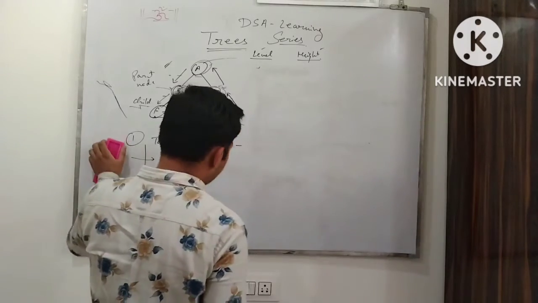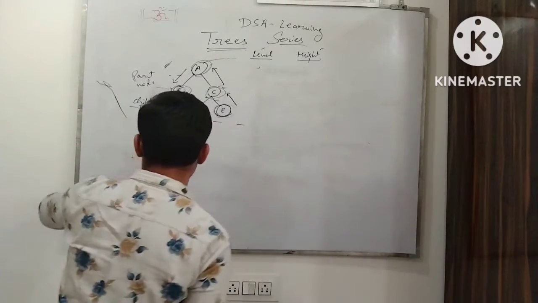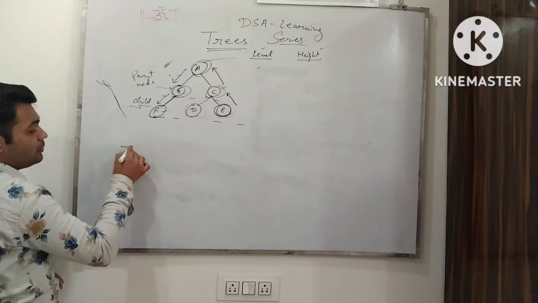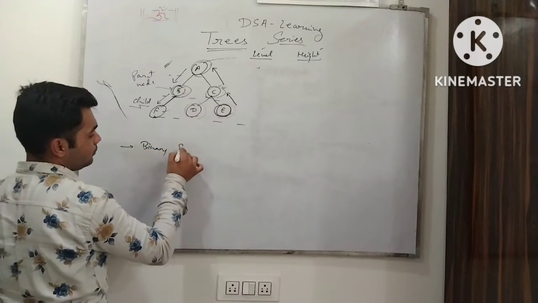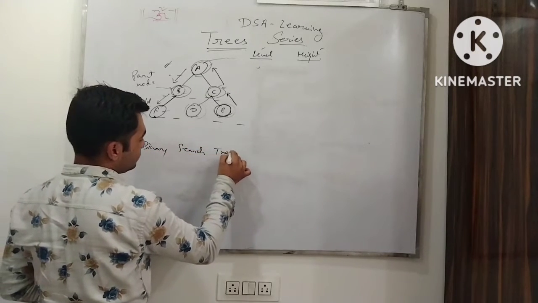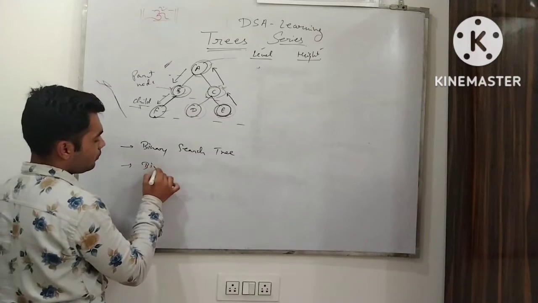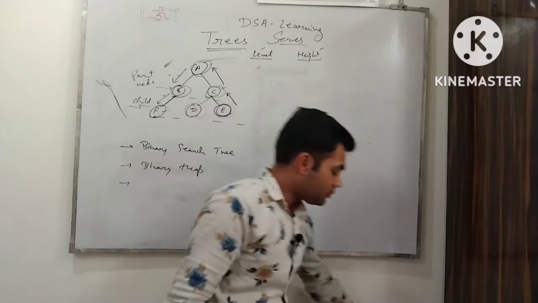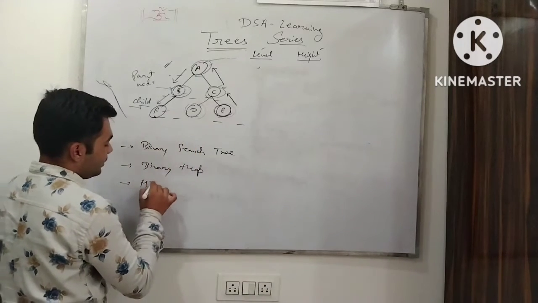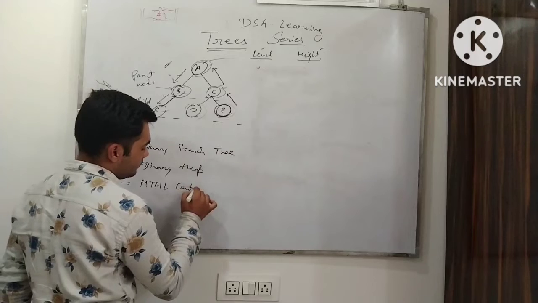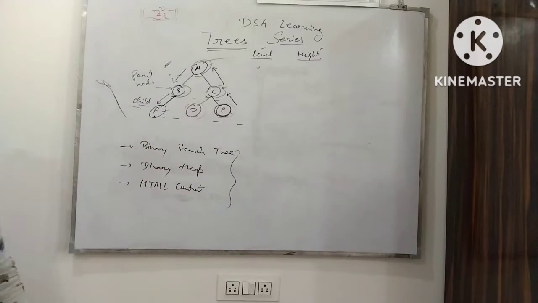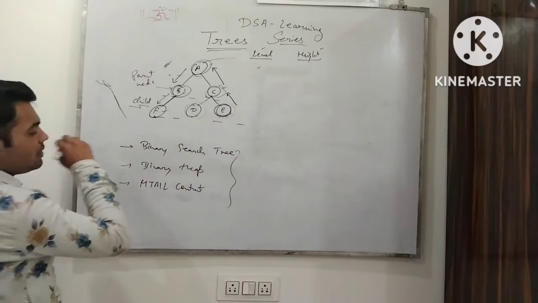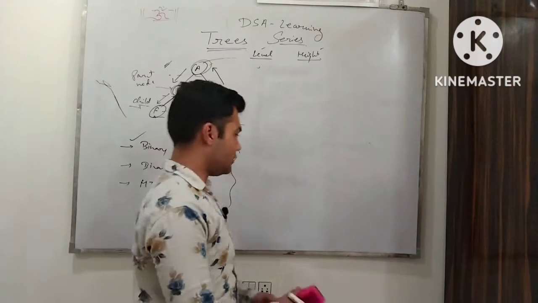Okay, and next, the binary search trees, binary heap, and the next one is HTML content. These are all the applications of the trees. So we will start with the binary search tree. Okay,